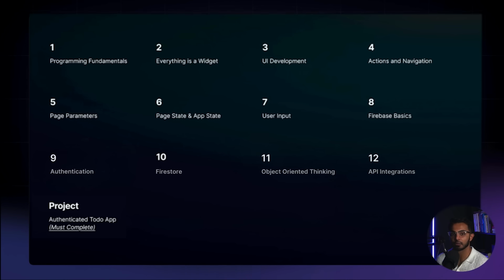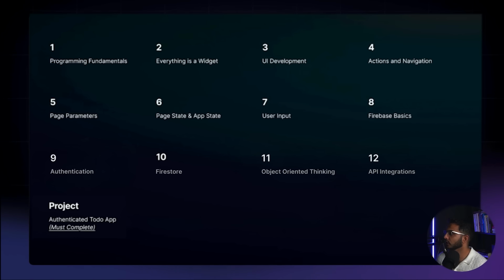Third, UI development. UI stands for user interface, and I'm going to show you how to assemble a set of widgets in an application to build really beautiful user interfaces. I also have some unique insight because I am a FlutterFlow ambassador, and I get an inside scoop into how FlutterFlow themselves want us to use the application. And sneak peek, they actually don't want us to use tools like Figma to design. They want us to use FlutterFlow for design. So we'll learn about that mindset and how to be a designer while you build an application.